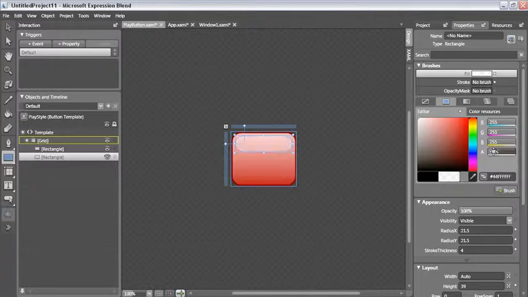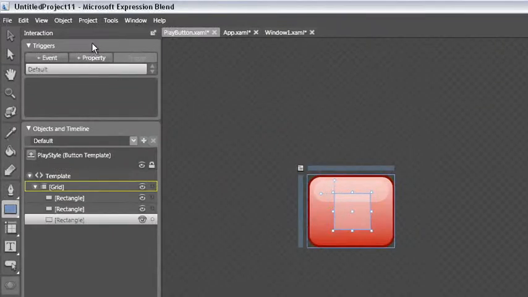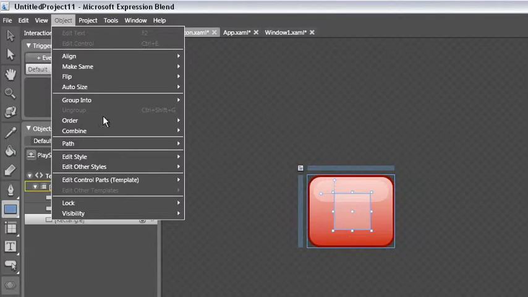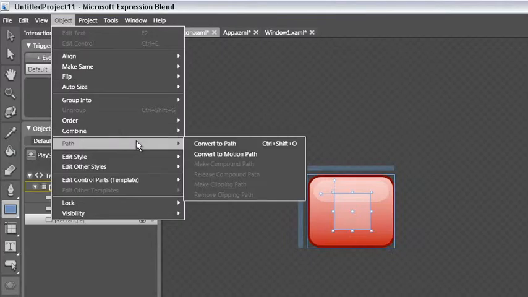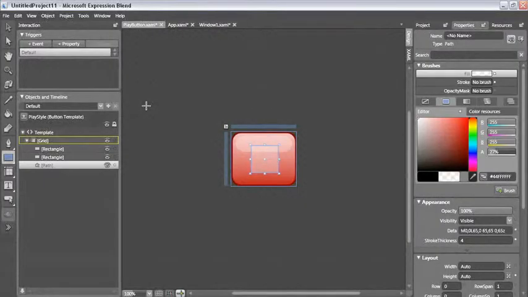Now a play button traditionally has a triangle on it, but we don't have a triangle tool, so I'm going to create a rectangle. I want it to be square, so as I'm dragging it out, I'm going to hold down the Shift key to force my rectangle to have the same width and height. I don't want my corners to be rounded, and I'm going to go to the Object menu and convert my rectangle to a path. A rectangle has specified properties. It's square, it has a width, it has a height, it has 4 right angles. A path is just an arbitrary piece of geometry,